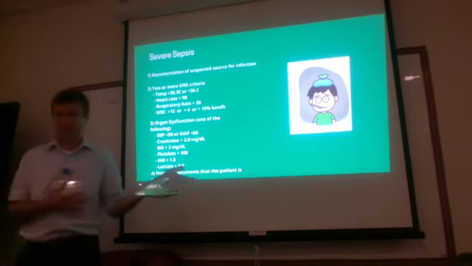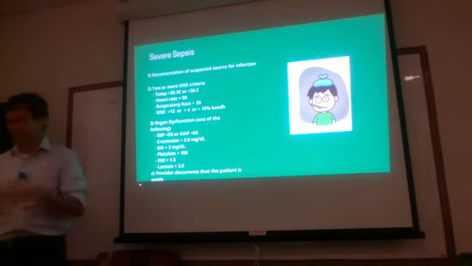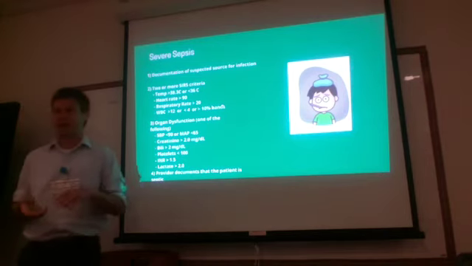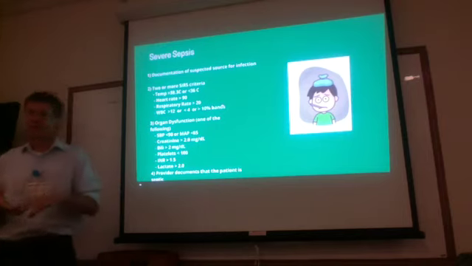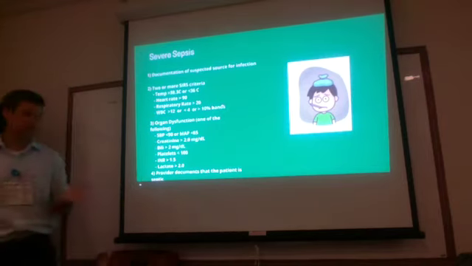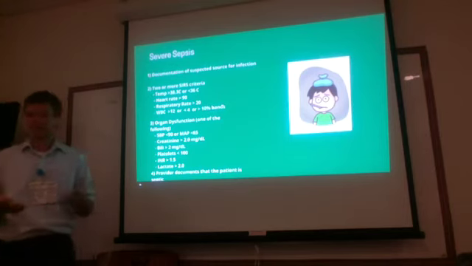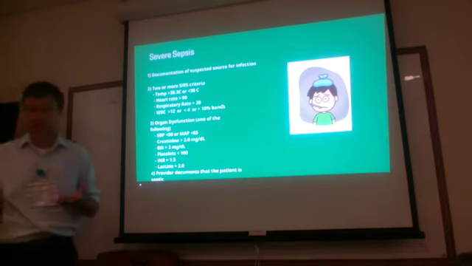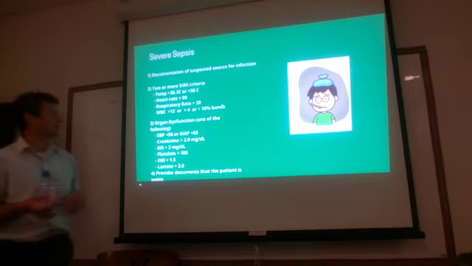In terms of severe sepsis, one, you have to have some sort of documentation that there's an infection somewhere, because other things can present like sepsis if you're bleeding and losing blood. If you have a heart attack, some neurologic conditions can present like this. So first of all, you need some sort of infection or thought that there's an infection going on. And then we have these SIRS criteria.